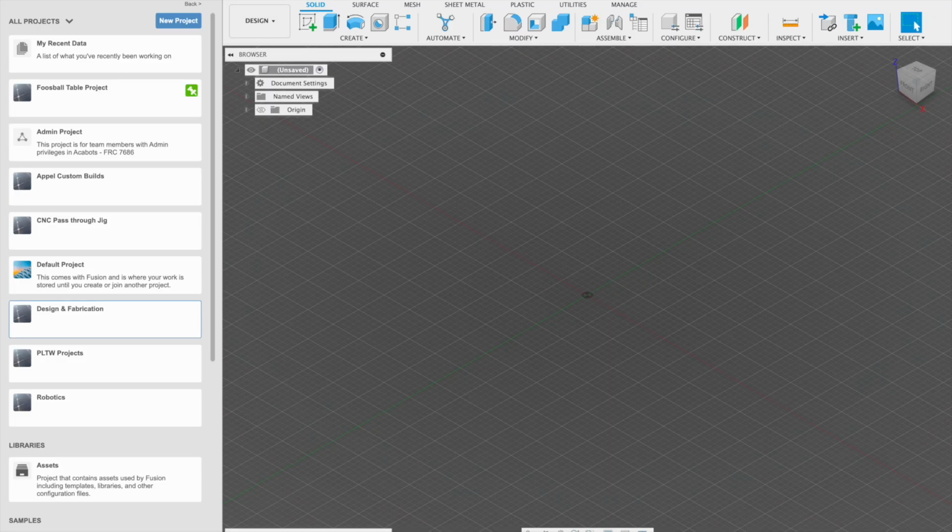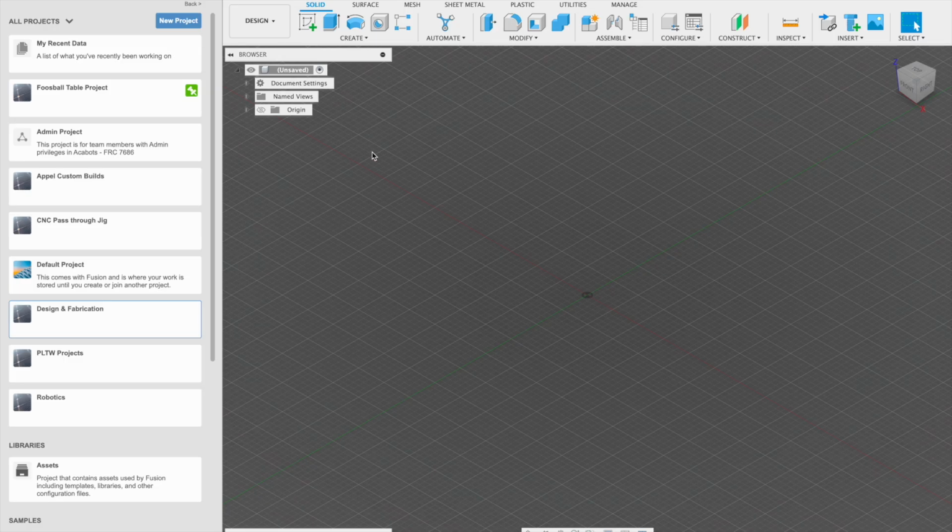All right, so welcome to Fusion 360. This is a computer-aided design program. So what it's going to allow you to do is to take ideas and then basically build them within your computer. And then you can either make 2D plan sets or bring those designs to CNC machines like routers, 3D printers. And so what you'll notice is we want to just kind of look at the interface